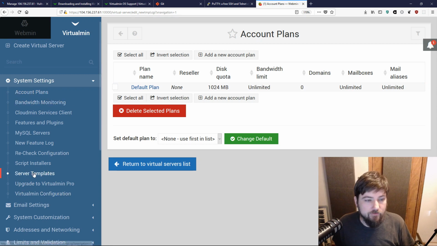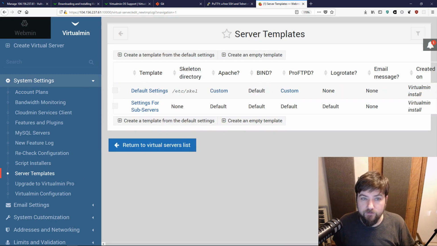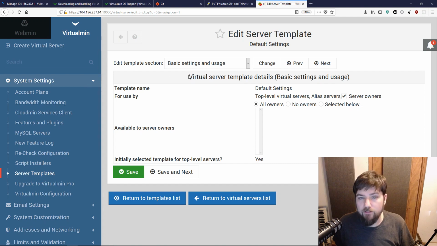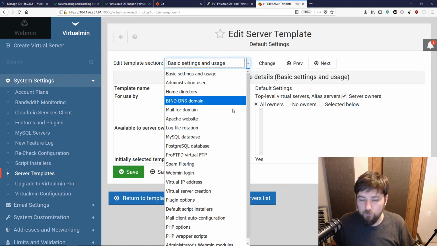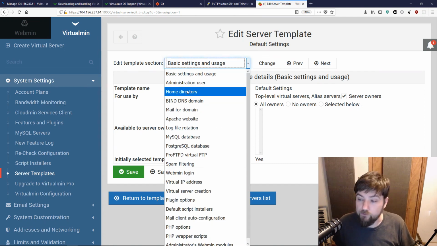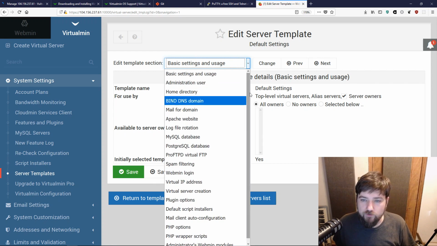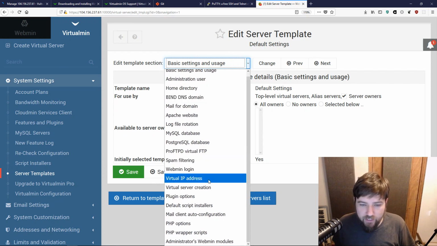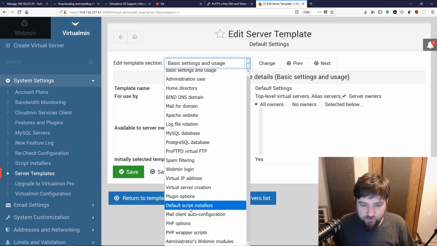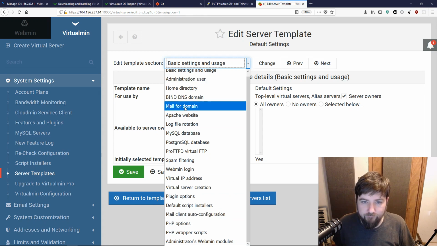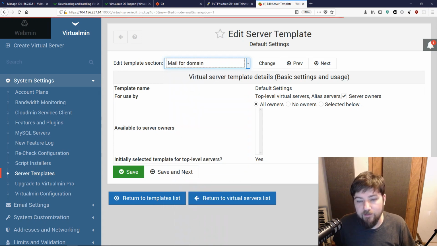You could edit your server templates, which determines a variety of settings. Tons of options here. It's really probably useful for you to explore this if you want to see all the things that Virtualmin can customize. Virtualmin is by far the most flexible and customizable control panel out there. Can be a little intimidating because it is so customizable. You can choose one thing that people commonly change, and it's possible that we'll eventually change this to be the default,